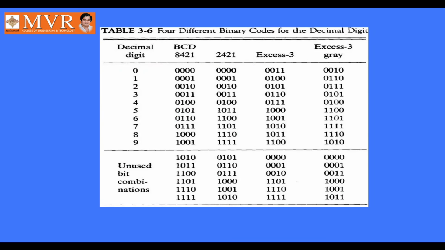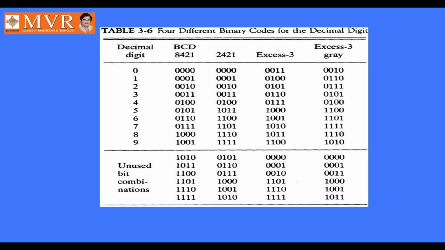Okay, so that's why this table is going to give you all the 4 numeric codes like BCD 8421, 2421, which are weighted codes, and XS3 and gray code, which are called non-weighted codes, whereas 8421, 2421 and XS3 are called self-complementary, and gray code is called unit distance code or reflection code or cycle code. Cycle code means if you want G2, B3 and B2 should be used, and if you want G1, B2 and B1, and if you want G0, B1 and B0. That's why it is called a cycle code.